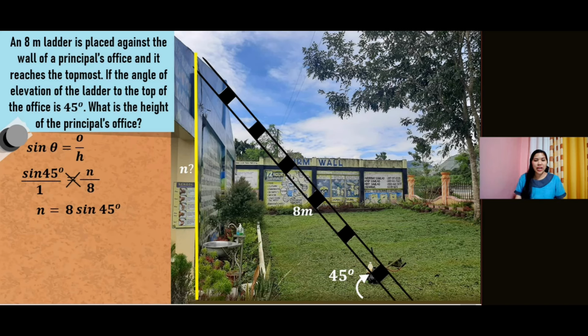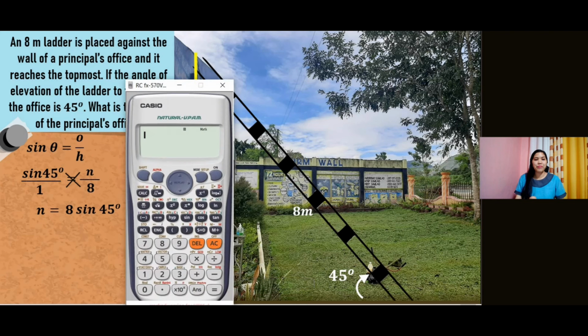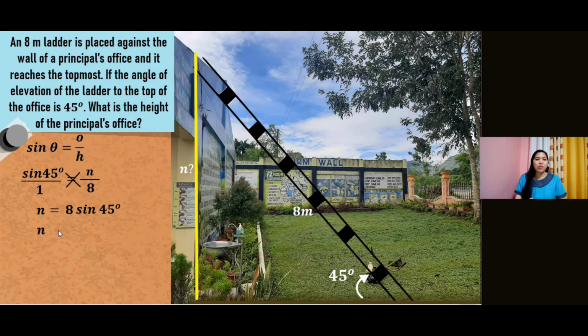So let me get my calculator. So all we need to do is to input 8 sine of 45. So we have here 8, and then you have here the sine ratio, and that is 45 degrees. And then we press equal. So that is 4 square root of 2. Or you can also transform that into decimal form by clicking SD. So you have here n is equal to